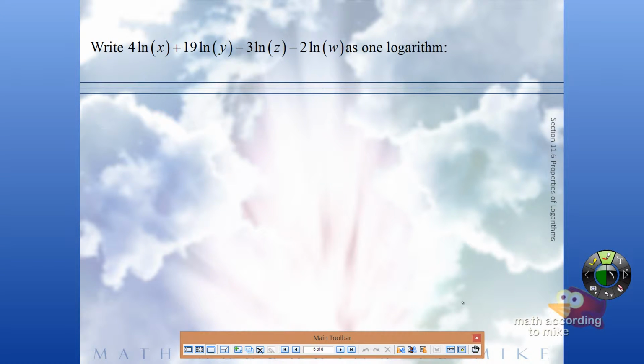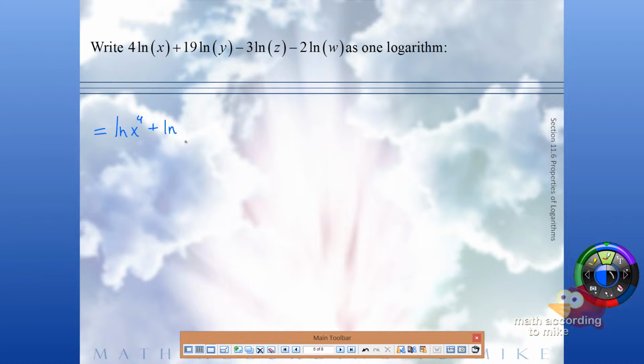Now we're going to go the other way. We're going to write this as one logarithm. So the first thing to do is let's take care of those coefficients. According to the power rule, the coefficients become exponents. For the first two, I'm going to bring up the 4